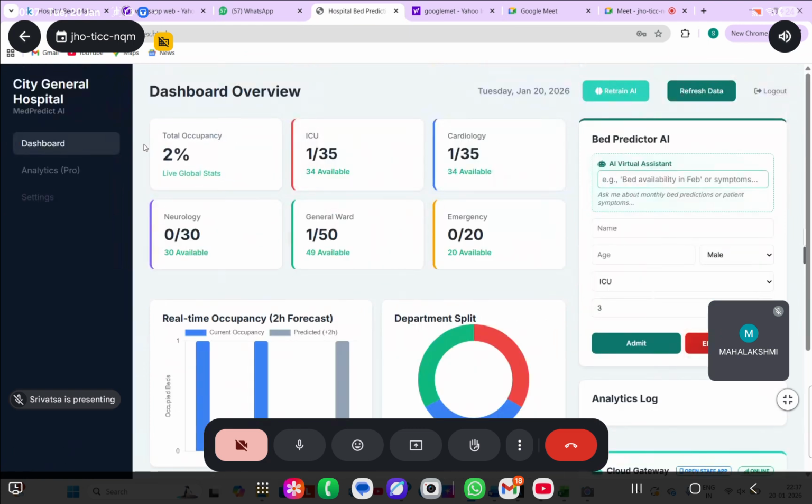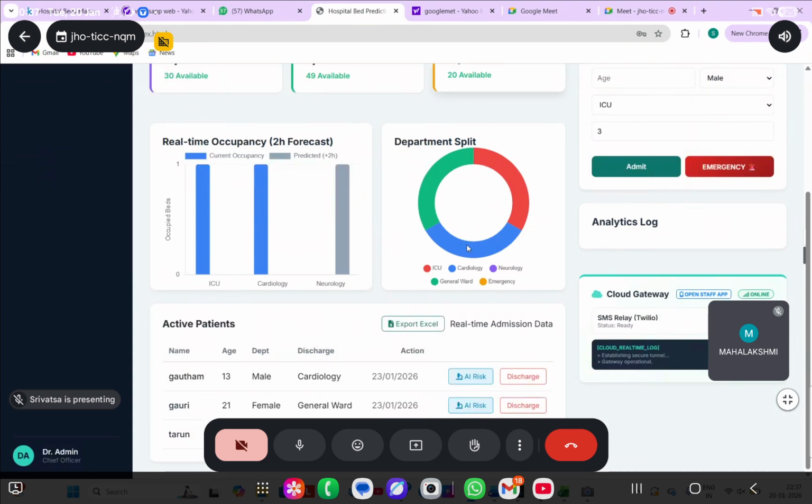So this total occupancy bar will show you the total occupancy of the admitted beds, and this is the ICU count, and this is the cardiology count, and the same goes for the neurology, general ward, and emergency as well. For demonstration purposes, we have integrated two graphs, that is a bar graph and a pie chart. The bar graph depicts the predicted bed availability in the next 2 hours. We have trained a specific model for that,